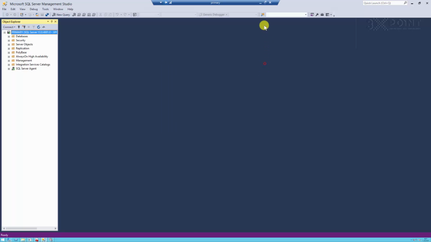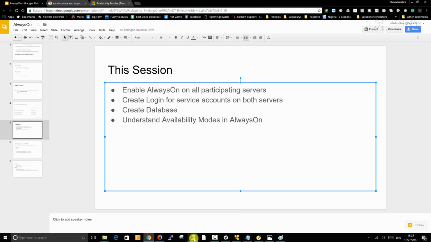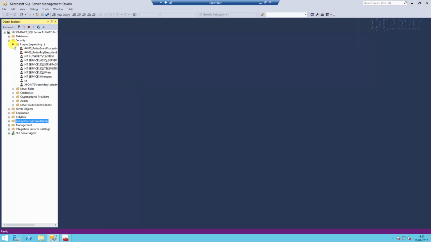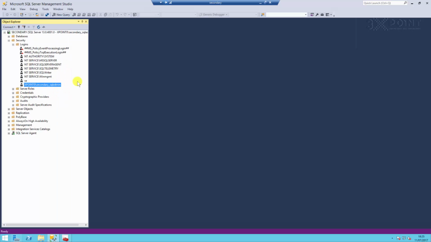All right, so what we need to do then is basically create that. So to do that, let's go into security. Let's go into logins. As you can see, we're now in secondary, but we only have secondary SQL admin existing here in the logins. So the service account for primary cannot come into this server just because it doesn't exist here. So what we need to do is to create that. To do that, you have to right click and go to new login,